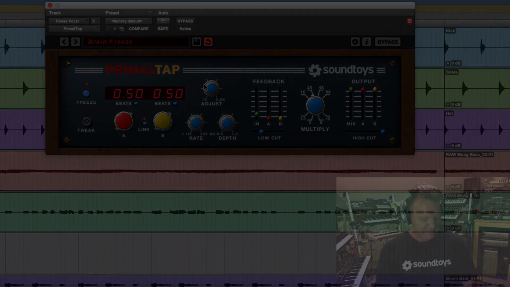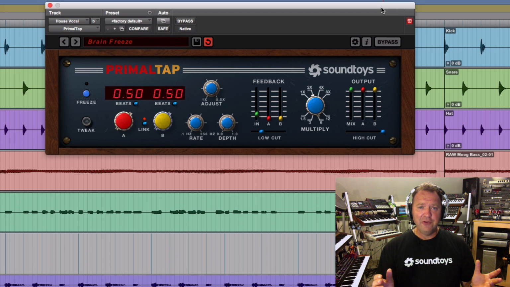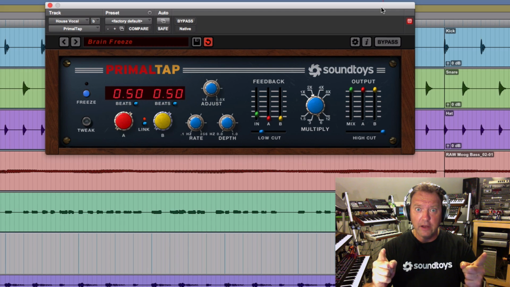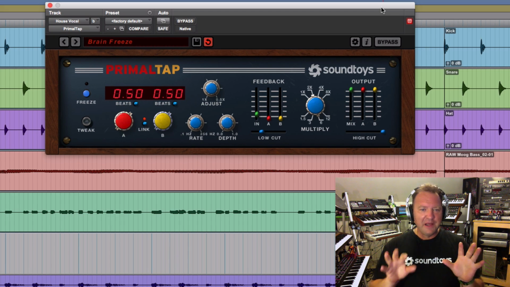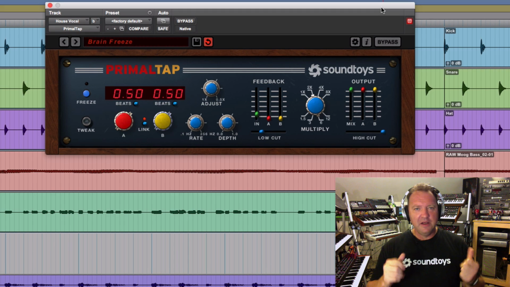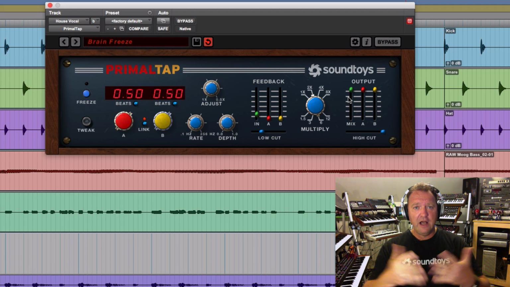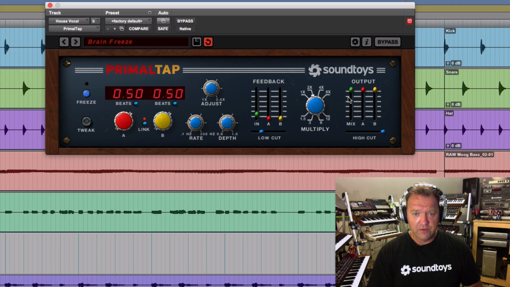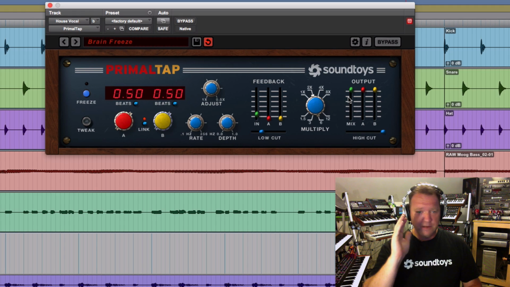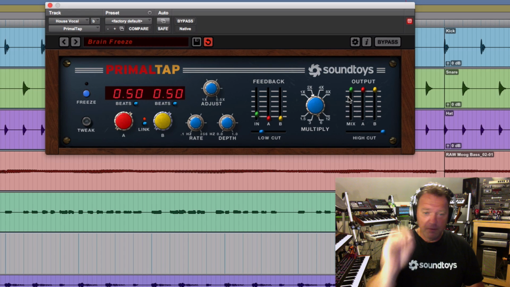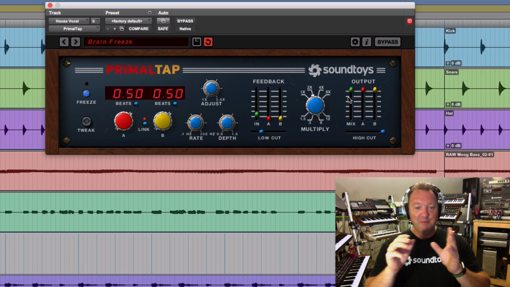How to make it extra super cool? Automate. That's right, automate like crazy. I mean, in the example that we listened to at the beginning that I did, it's tons and tons of automation across all types of controls, including the mix. I'm automating the mix so that I can take the dry signal out and just listen to that loop and change the loop around, and I can bring the mix back in if I want to, or just leave it out. I'm automating the delay time, I'm automating the adjust, I'm automating the multiply, I'm automating the modulation,